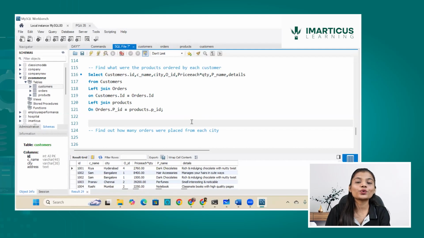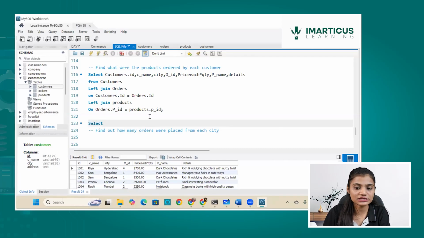Now, when I'm trying to combine the data, can you see this ID and ID? It's the same column among the two tables. Product ID and product ID. It's the same column name among the two tables. So instead of writing orders.product ID equals products.product ID, can I use something else? When the column names between the tables are the same for the shared column, yes, I can use something called USING.